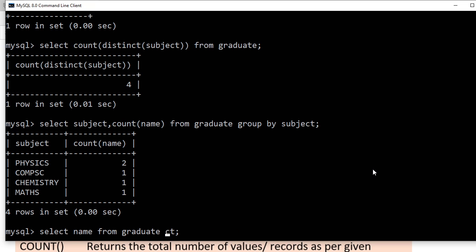Tell me the standard English meaning of having. Having means who is having? Okay, one more query. Here you see select name from graduate, where... tell me having.